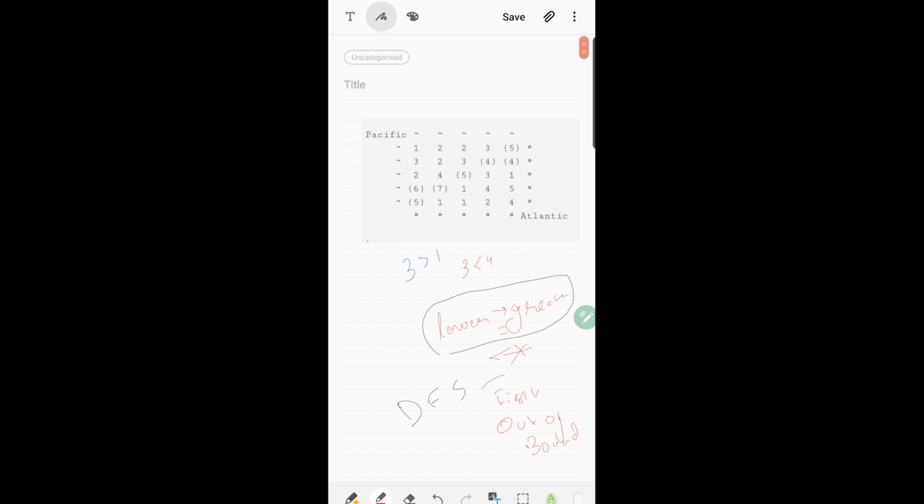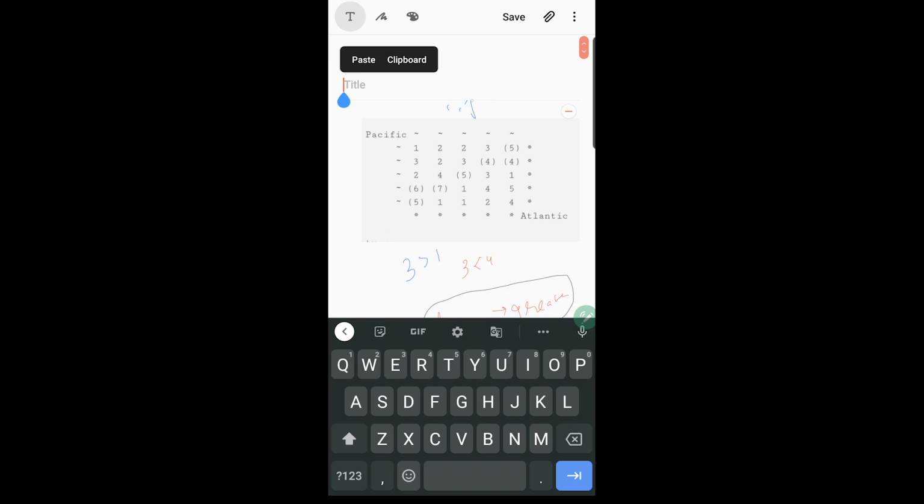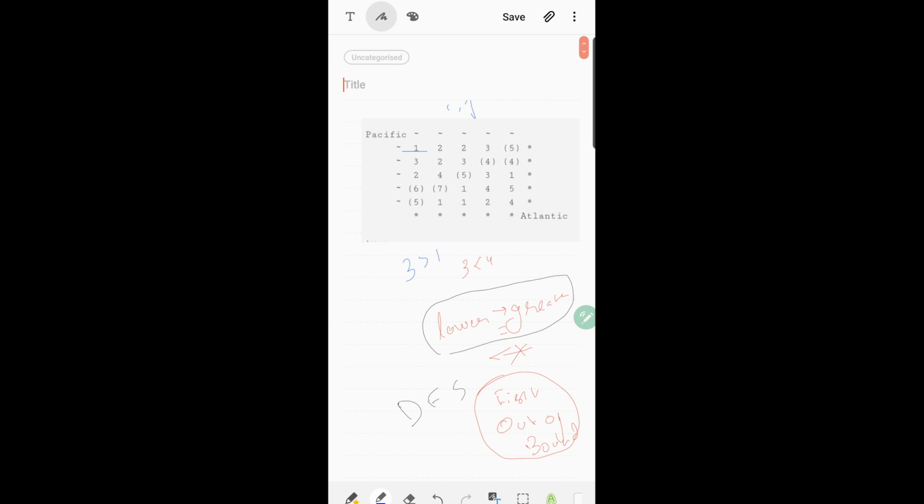Now what does this mean? This means that the value we are checking, i and j, should be in the matrix, right? It cannot be here, it cannot be here, it cannot be here, it cannot be here, because this makes no sense, because out of the matrix there can be no value, right?